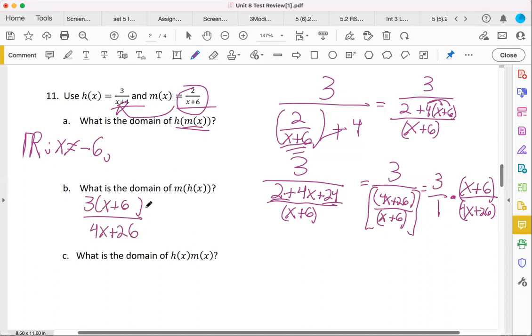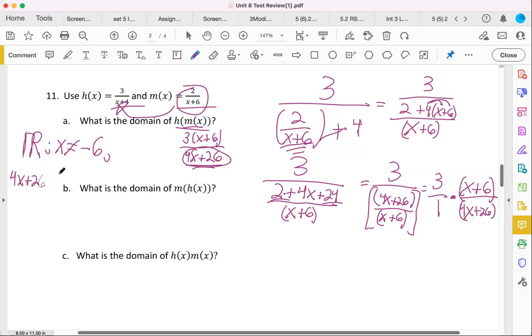And so let me actually, I don't want that answer there. So that's not the answer we want. But as you can see, this takes a lot of space to work through them. And so now you have another term that you want to exclude from your domain. And it's really just the root of this. So if you set that equal to 0 and solve,